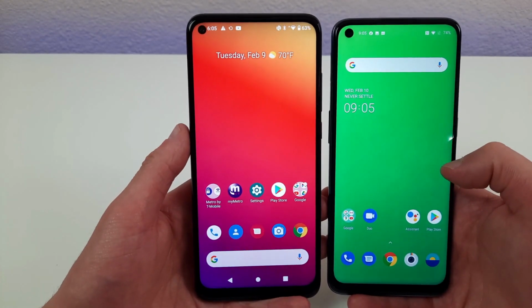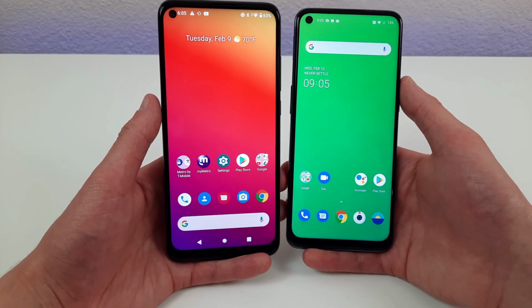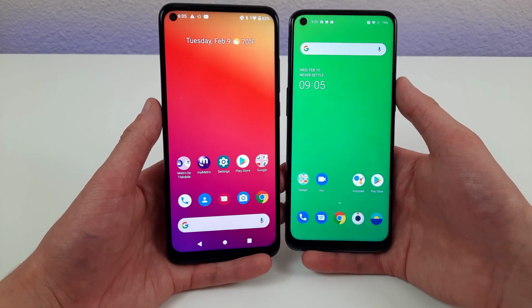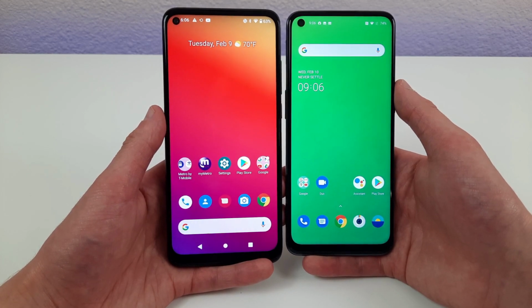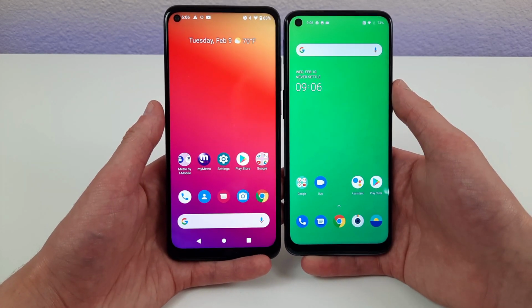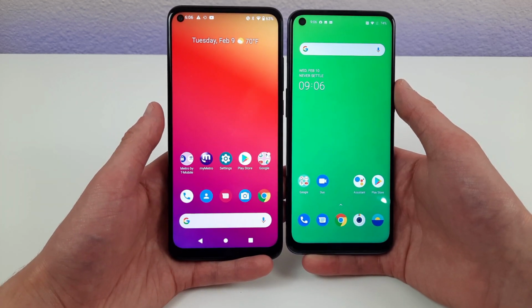Now, in terms of the overall question of which one has a better camera, I think it's too close for there to really be a clear answer. Really, you could get used to either of these cameras and take great pictures. So in terms of my constructive analysis of the two, I would say that either of them are great for